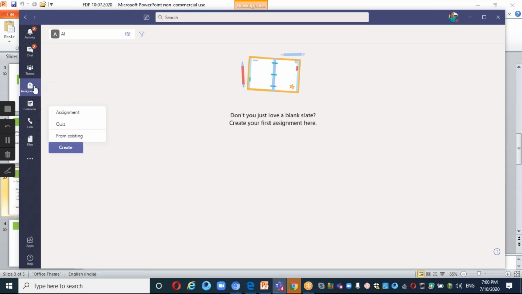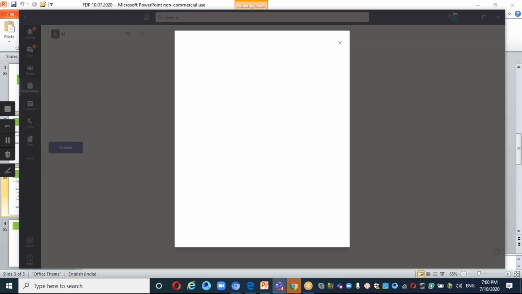Go to assignments, and click the class you're going to give the assignment to. I have created a class called AI, and I'm going to give the assignment to that class. Click that particular AI. You'll find Get started, and a word called Create. Go to Create. I want to give the assignment in the form of a quiz, so I'll choose quiz.